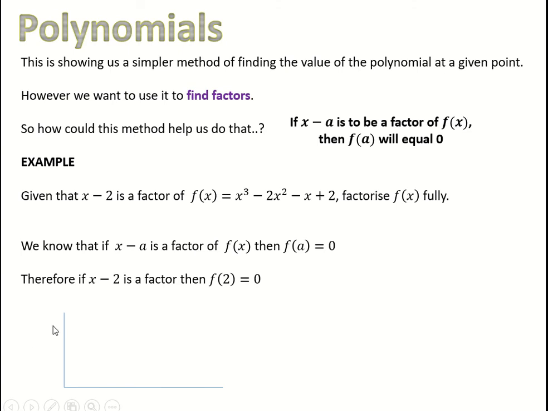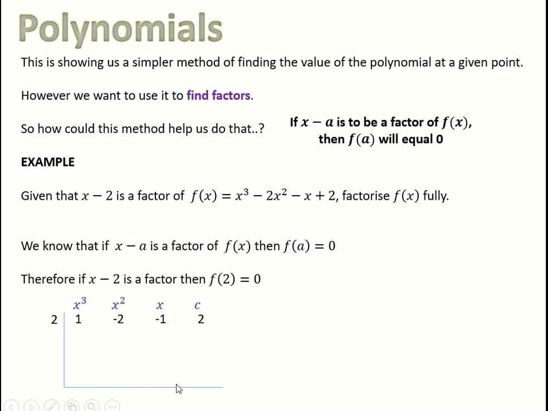So we start by writing the numbers at the top, and these are just our coefficients. Remember what I said about the negatives? So we've got 1, minus 2, minus 1, and 2. Okay, so just the coefficients of our different terms: x cubed, x squared, x, and then the constant at the end. Right, we're told that x minus 2 is a factor, in which case we're going to be using 2